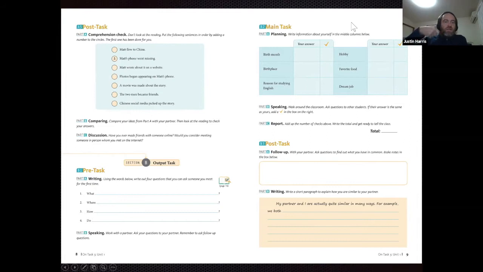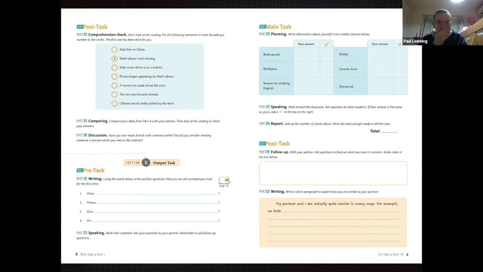Now, what I do is then I go around the class and I ask those questions using these hints, but with my own language. I can use any kind of way. I might end up just saying birth month, perhaps, or I might know a little bit more, and I might say, when is your birthday? Or I might say, when were you born? Or what month were you born? And then they check every time they find somebody with the same answer. And then the idea is to find out how similar you are to the people in your class. Who is the most similar person, sort of tying up with that meeting for the first time input task from before.